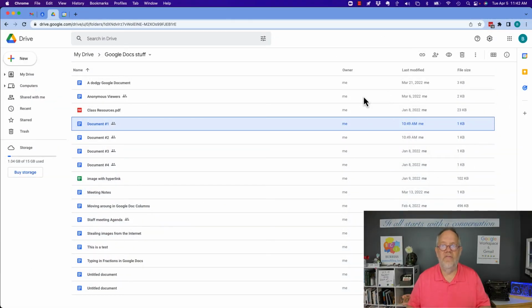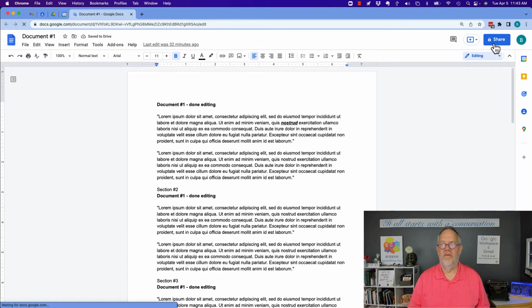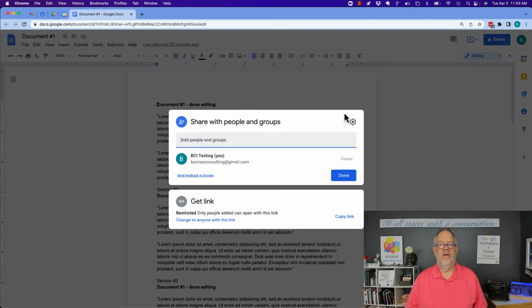I'm not going to show you all the features of sharing. I'm not going to show you all the different ways you can do it, but what I am going to show you is the different options for sharing formats. So here's a document right here. Now I'm going to double click on the document. I'm going to go over here to the share button and hit share,